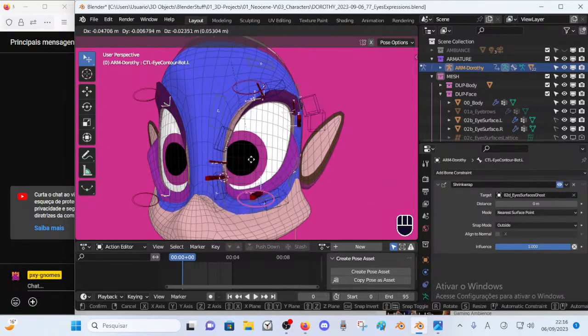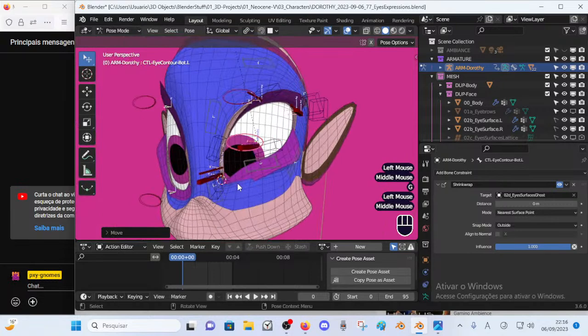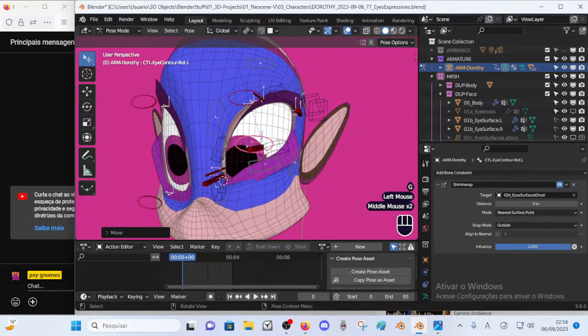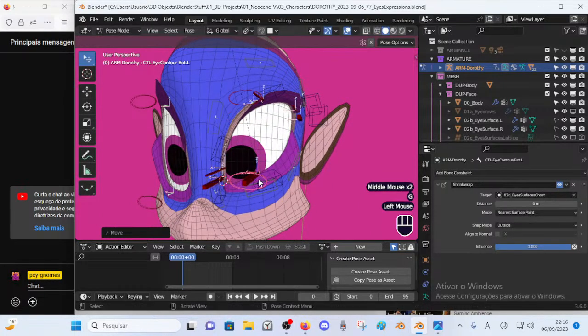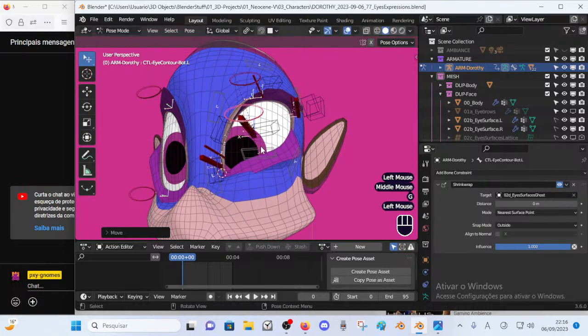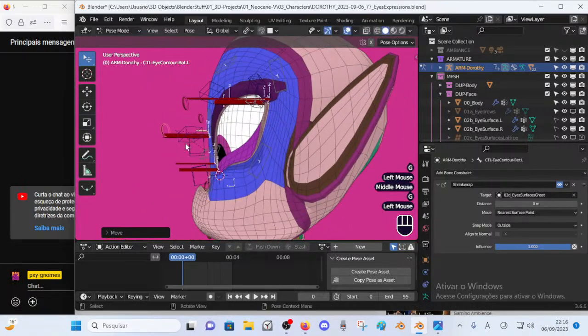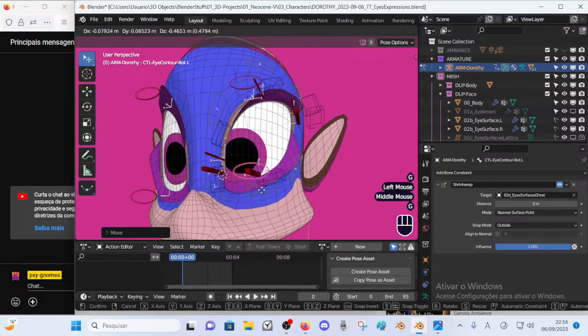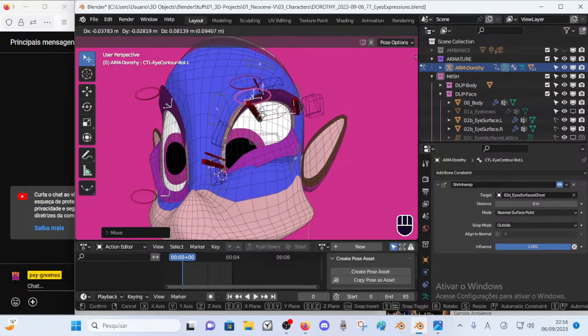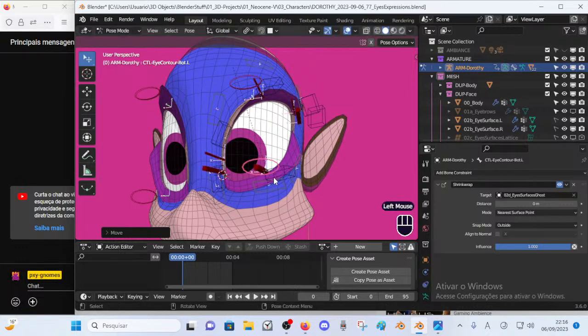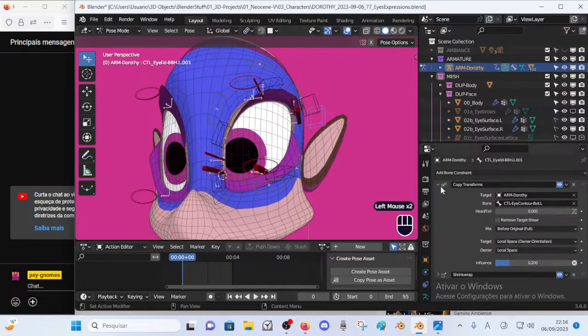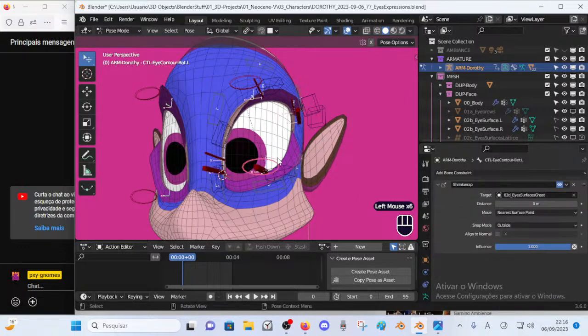Alright, although there's interpenetration, this is because of the eyelash rig that I need to improve. So it's not necessarily related to what I'm doing right now. But the problem, okay, so this has copy transform, this has copy transform, and so